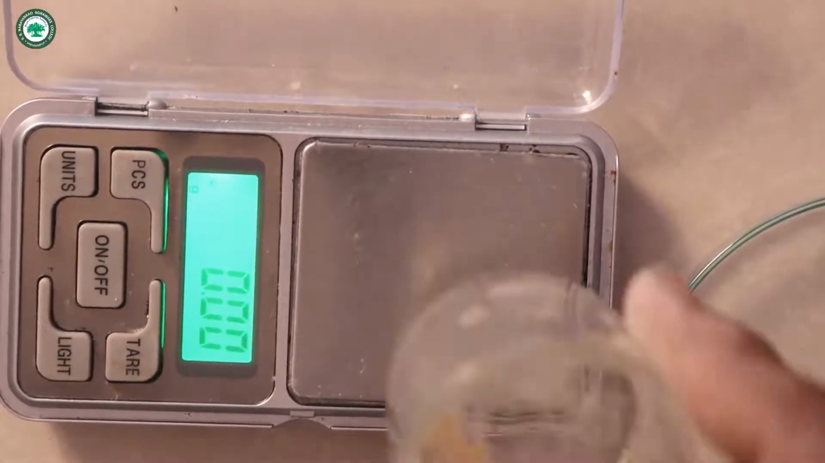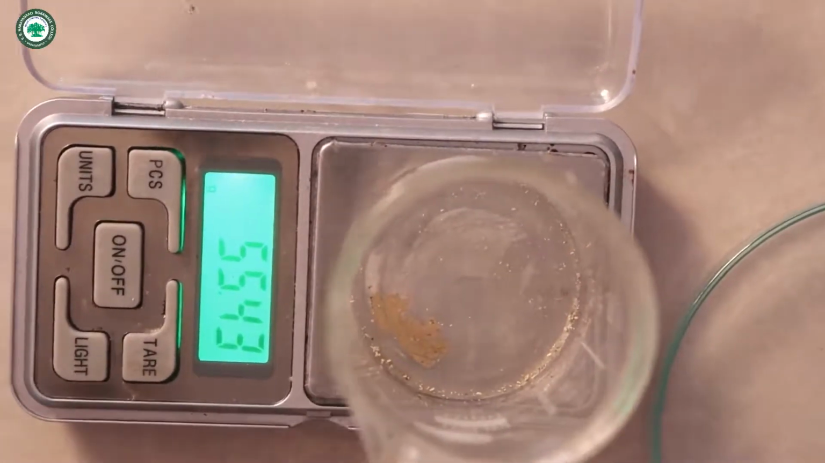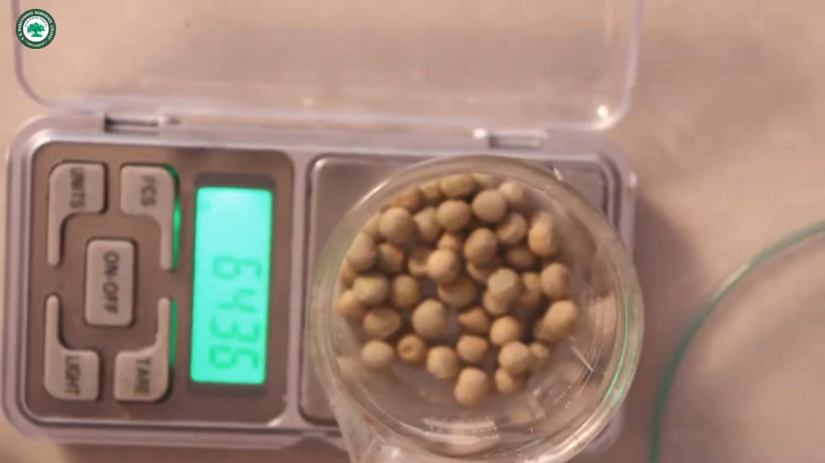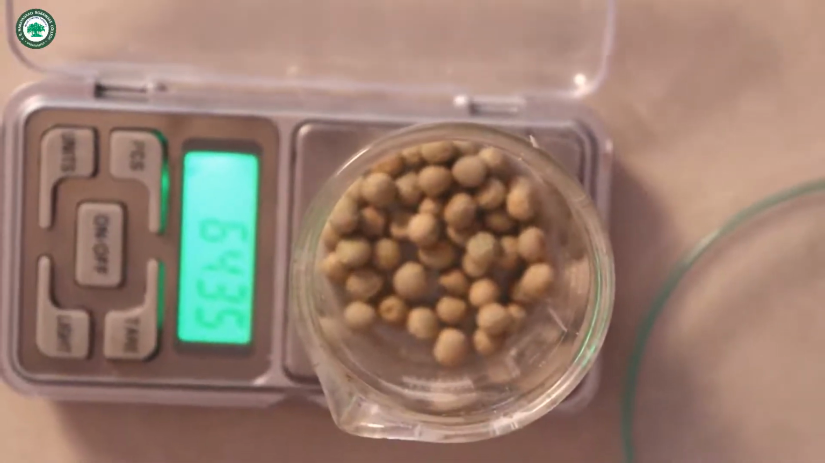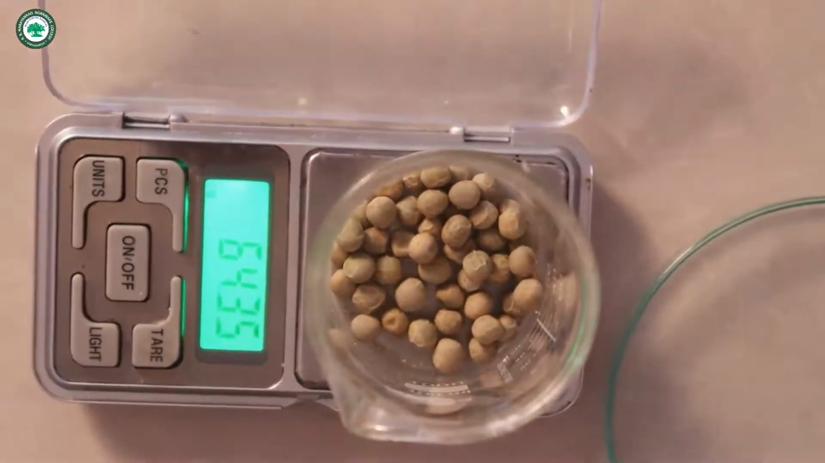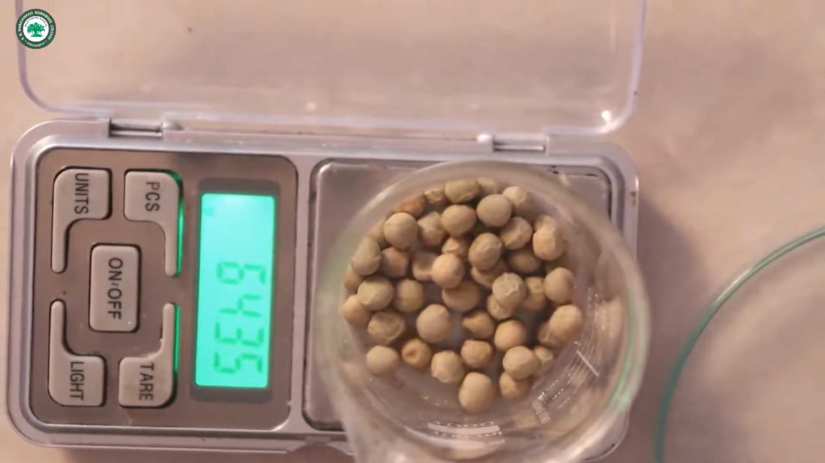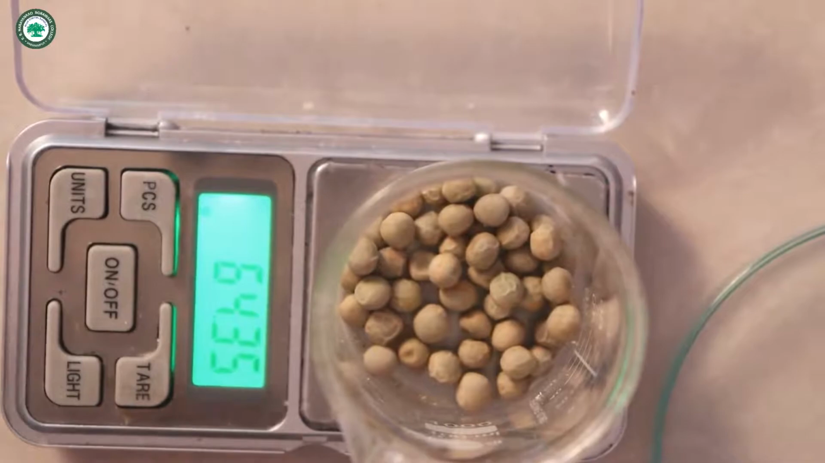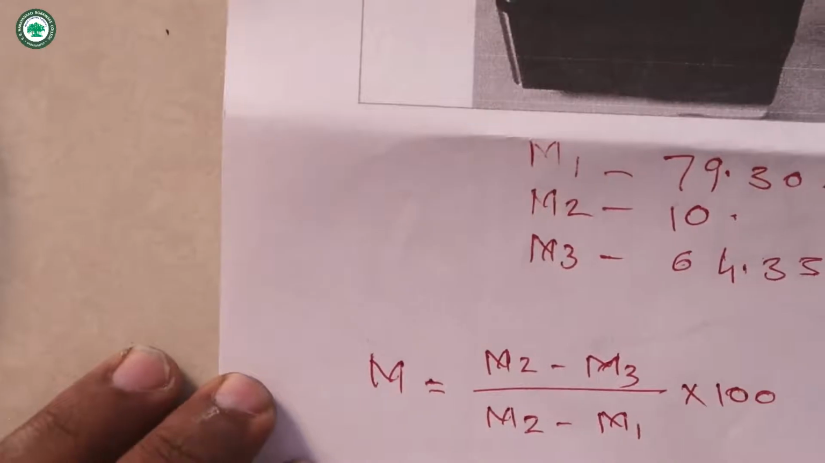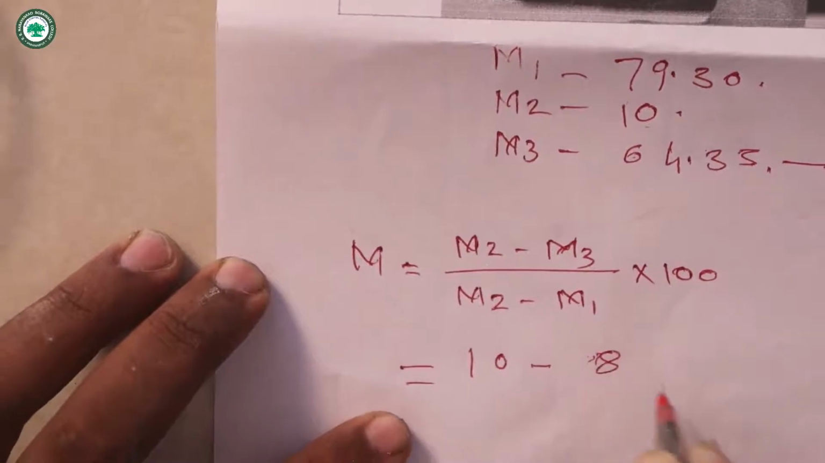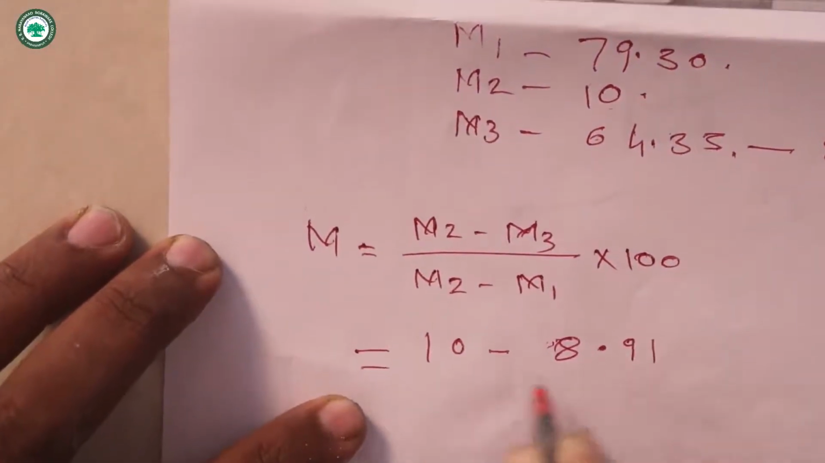after the half hour, removing it from the oven, that seed is placed again on the weight balance and its weight is determined, that is 64.35 or it can be 8.91. Let's put it in the formula. That is M2, it is 10, M1, that is 8.91,